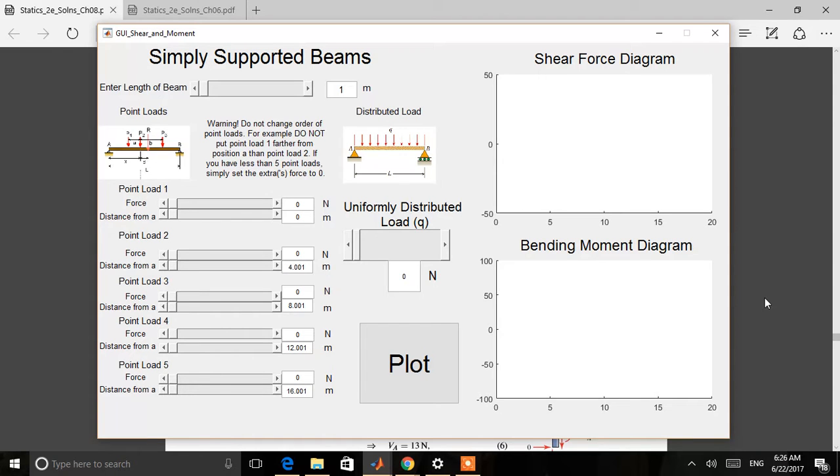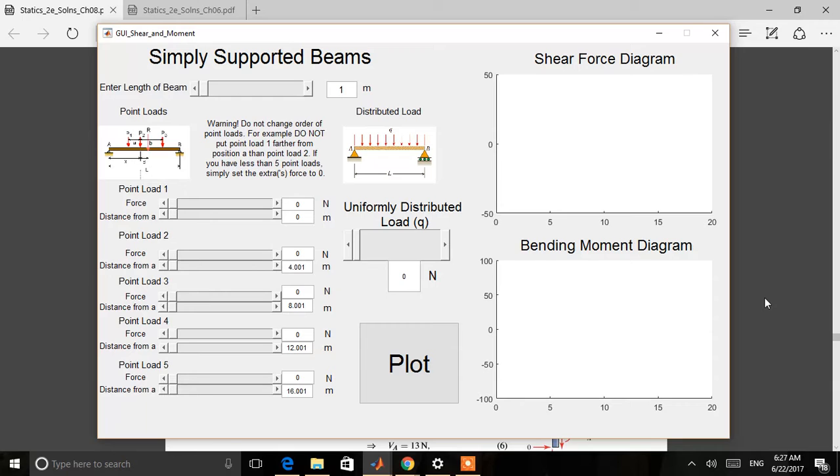So today, my program is on simply supported beams, and I used statics principles to be able to calculate and display the shear force diagram and the bending moment diagram. After doing some calculations and some pseudocode, I was ready to build my GUI. And it's been an awesome experience being able to use GUIs now to calculate such a diverse range of problems